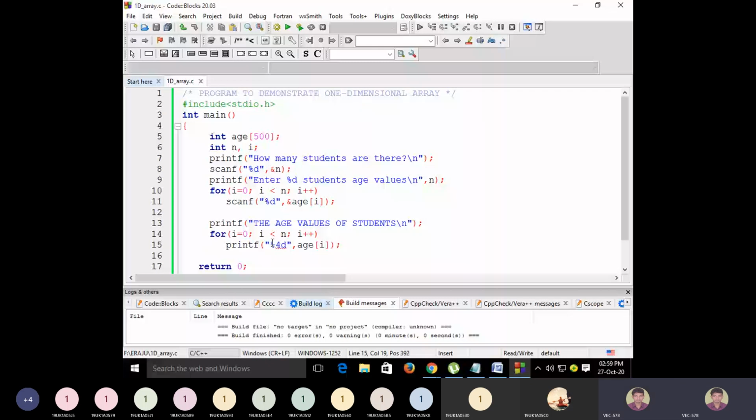Which is nothing but an application of finding the maximum number and minimum number from a given list. Okay, so these are real-time examples. And when you have a list of numbers to be stored, immediately you should get into mind that you have to use a one-dimensional array. Okay, so in such applications we use one-dimensional arrays, and tomorrow we'll write programs for those problems. Okay, right, thank you.